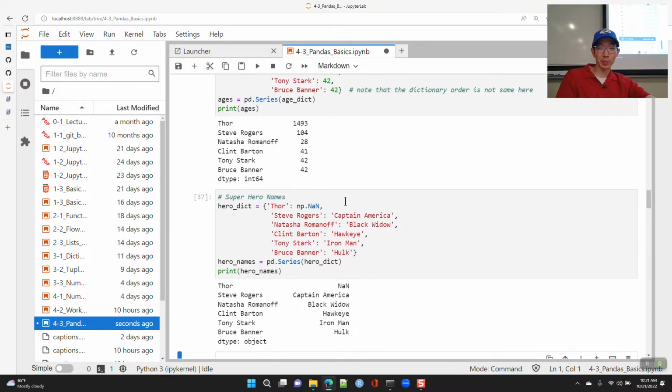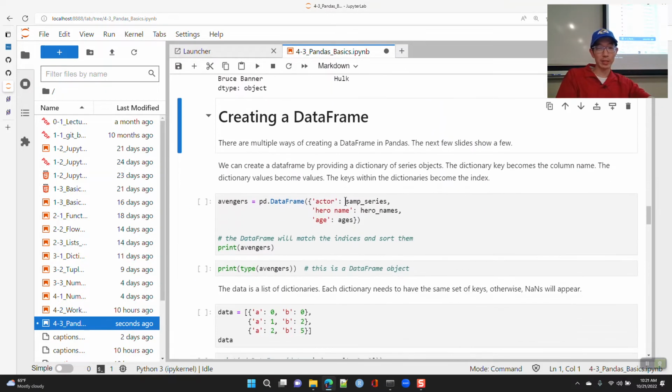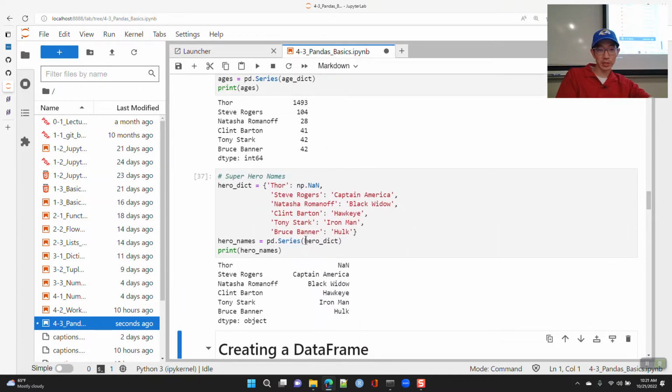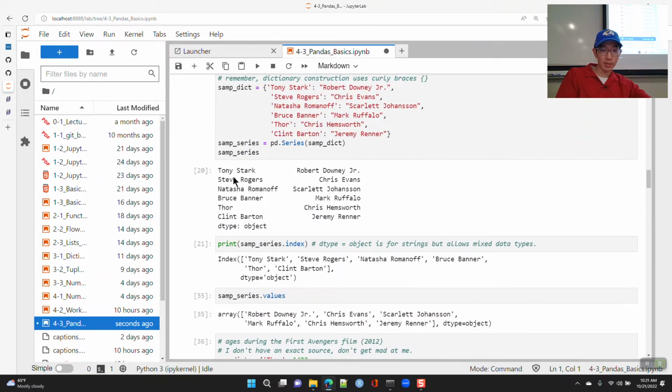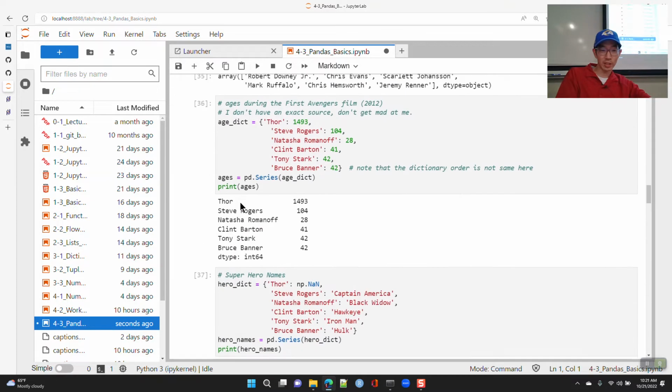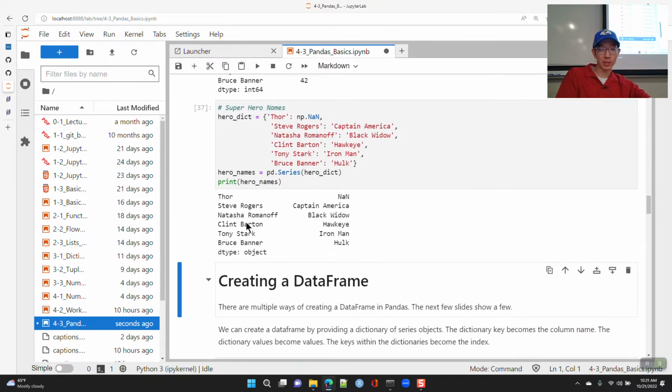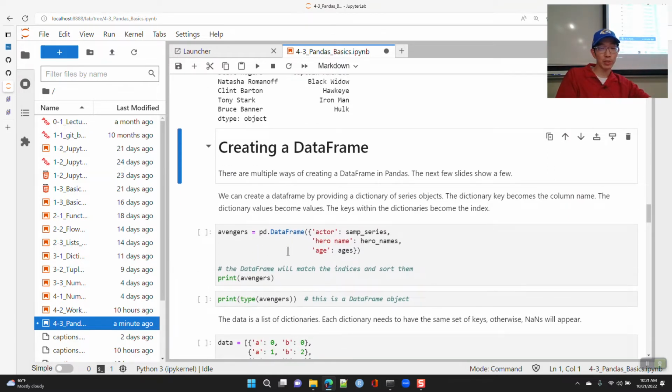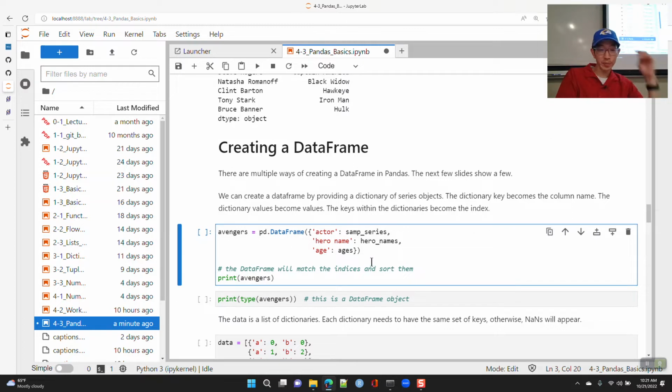Okay, so here I have multiple series, and with that, we can make a data frame, right? And so you'll notice these things. Here, the order of the character names, Tony Stark, Steve Rogers, etc., is different from the order of these other dictionaries or series that I have, okay? But when you create a data frame, you can say we're going to create columns.